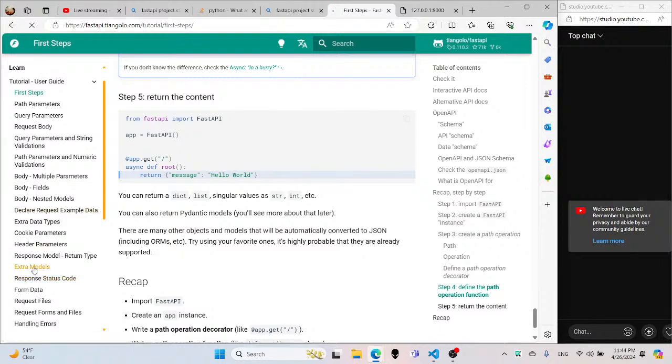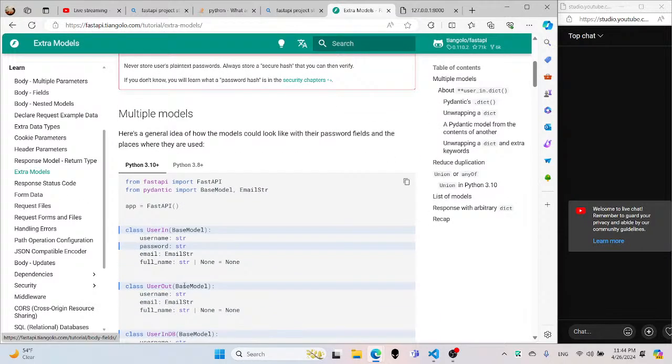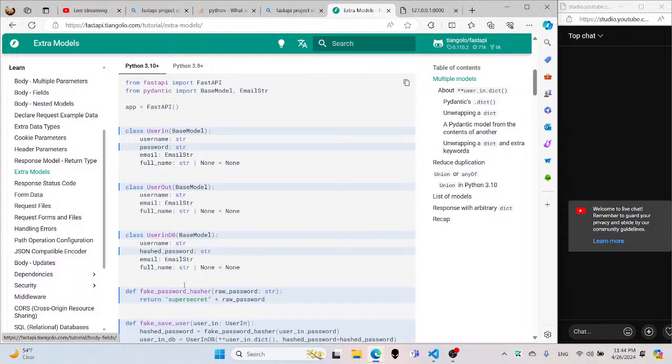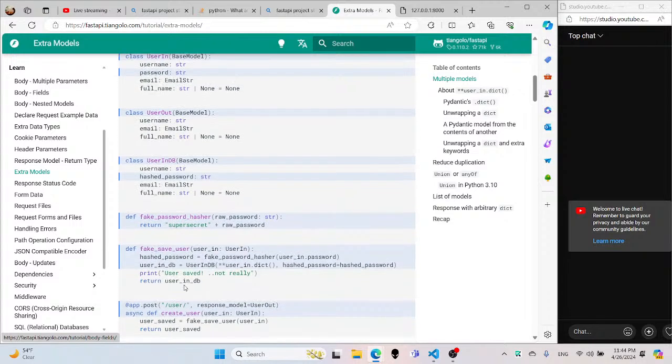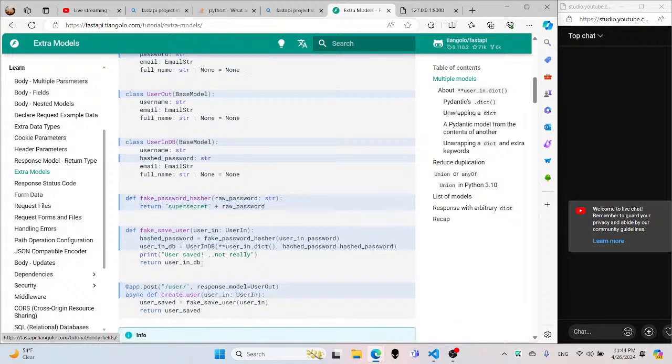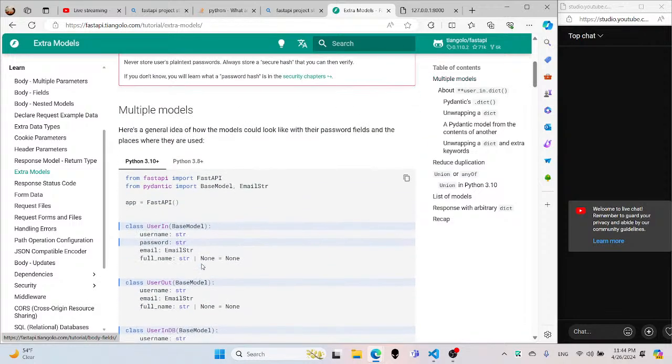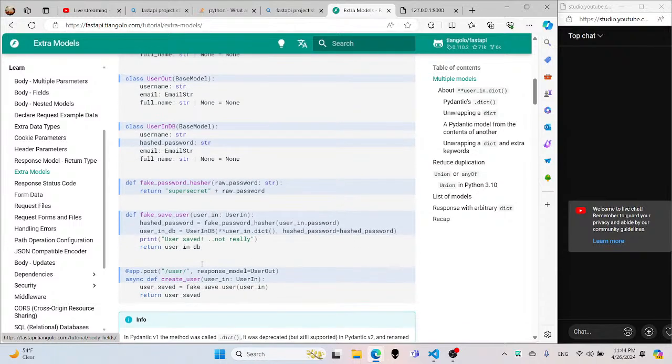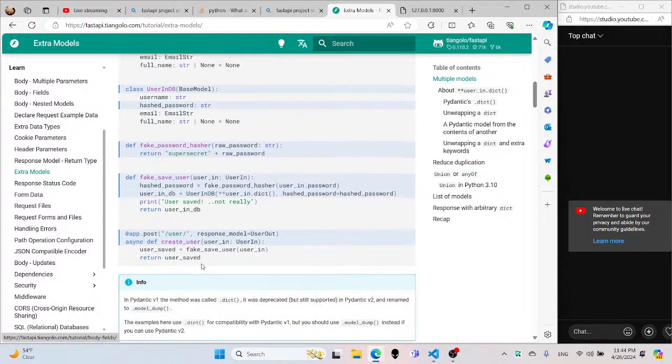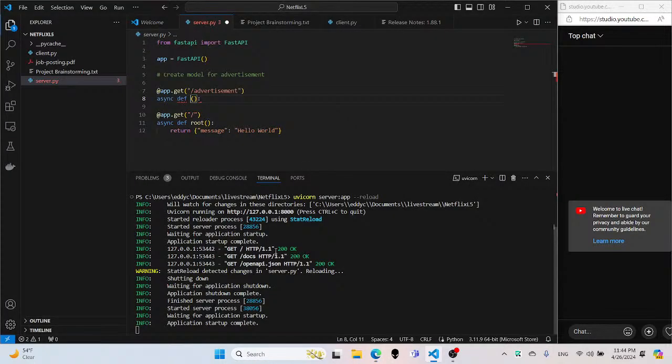Extra models. Yeah, so this is making a model, and then it returns, yeah, so that's what it would return. Okay, so then in that case, I can name this